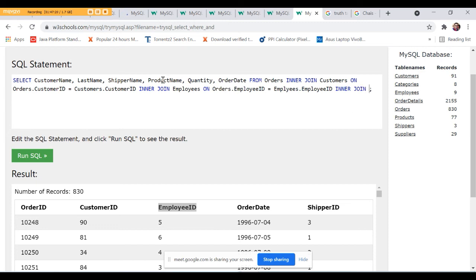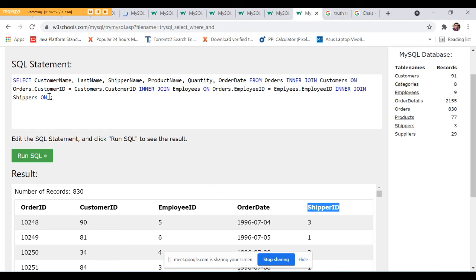So, shipper name. Okay, shipper name. So, the shipper name would be coming from the shippers. So, the table shippers. Inner join table shippers. On sinong may connection? Who is the table that has a connection with shippers? Okay? Sino dyan? Siyempre, wala dito. Ayun pala, shipper ID. Siya din, si order. So, si order still has a connection with the shipper